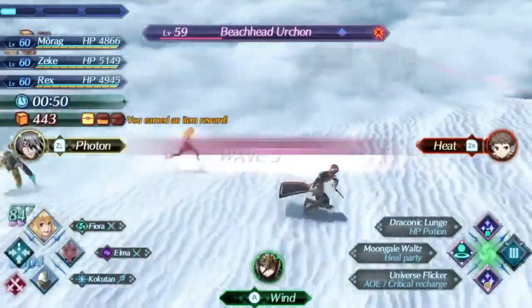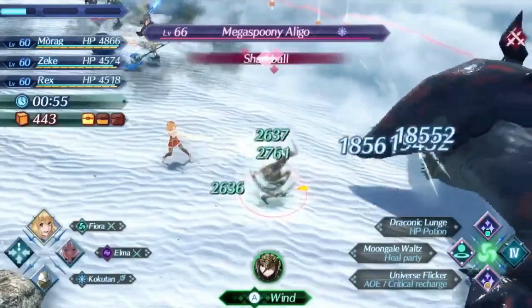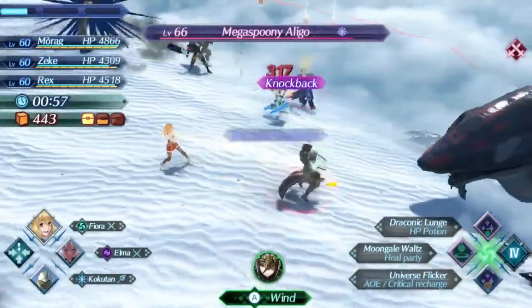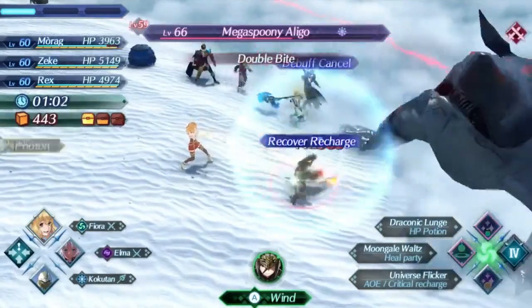And it looks like we're almost at the end here. We've got the final enemy here, the Mega Spoony Alligo, and it's just going to be a bunch of Universe Flicker spam to finish him off as fast as we can. We're going to have